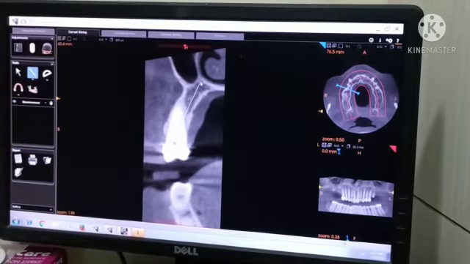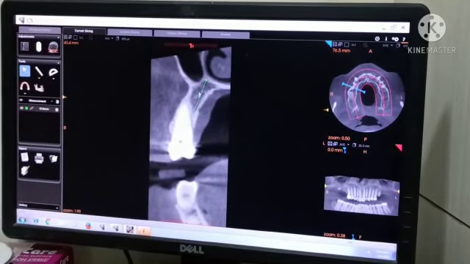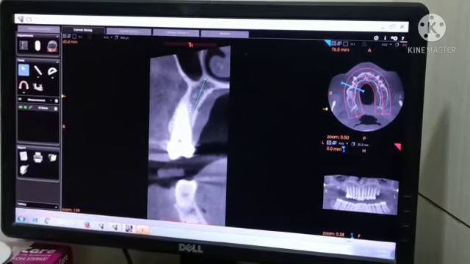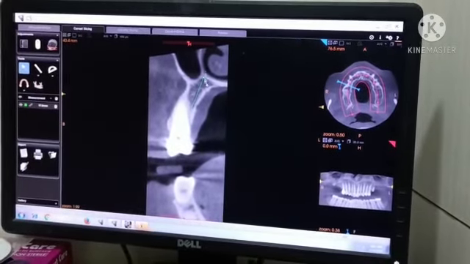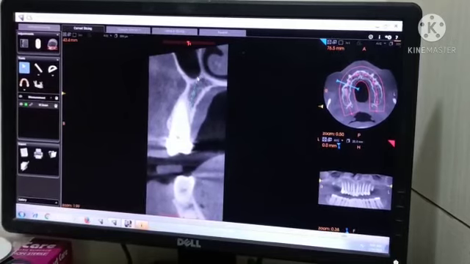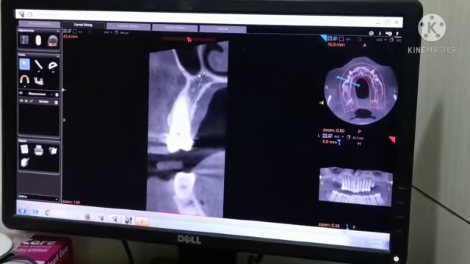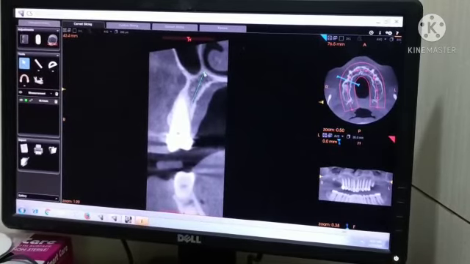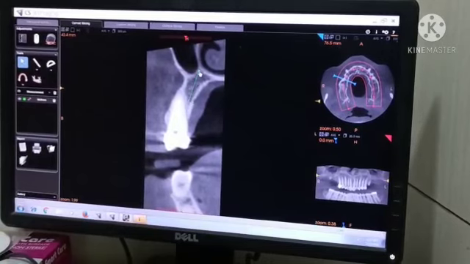Like this. So within this bone I can place a KOS, right? About 9. This is the sinus floor, this is the nasal floor. Either you can engage in the sinus floor or nasal floor or in between here. That we cannot decide, but whatever is okay. 18 mm. Yeah, 18 mm.